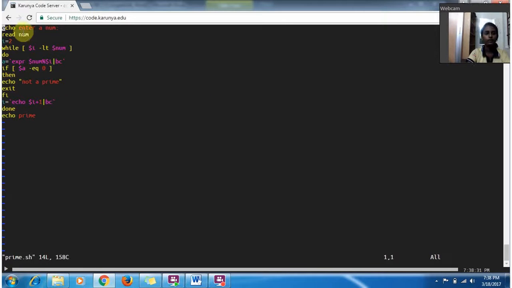Okay, in this program I'm asking the user to enter a number. I'm storing that value of the number in the variable called num, and I'm initializing i equals 2, and I'm checking that if i is lesser than num, in the do while loop I'm giving a condition that I'm calculating the value of num divided by i,